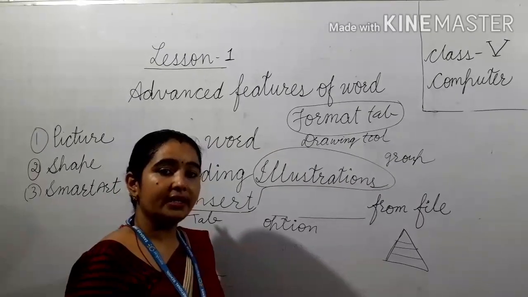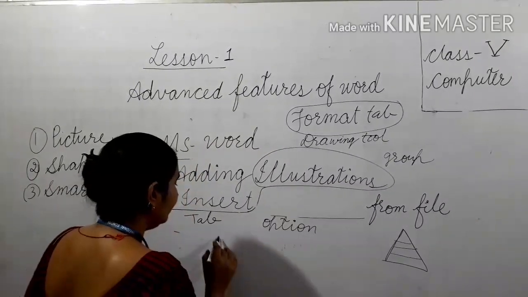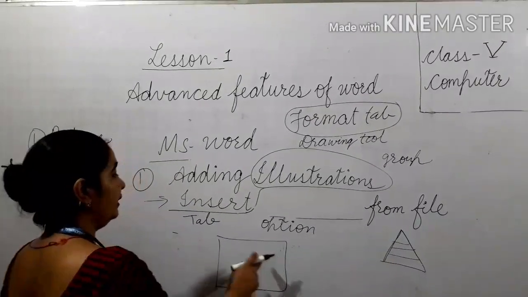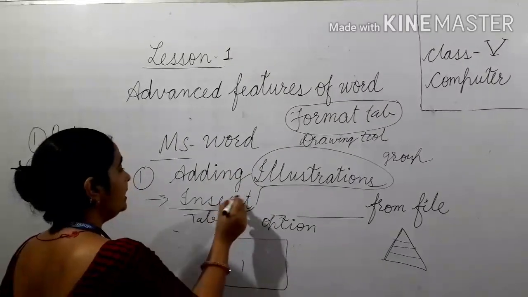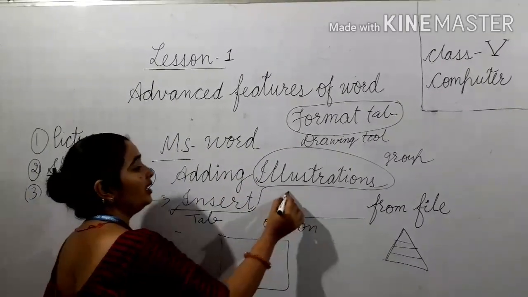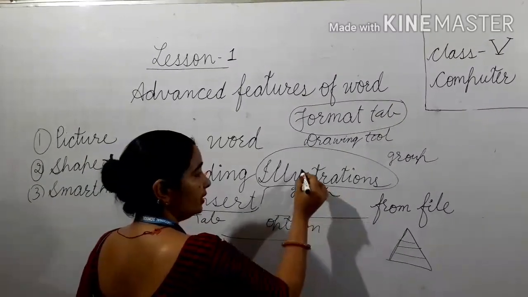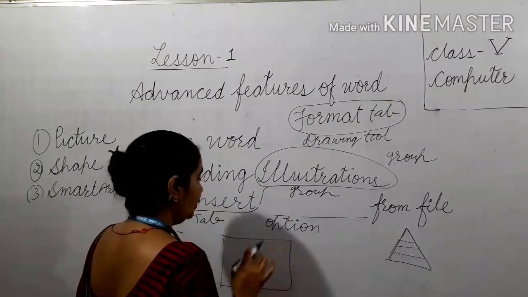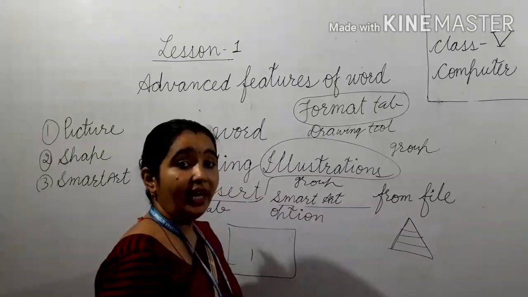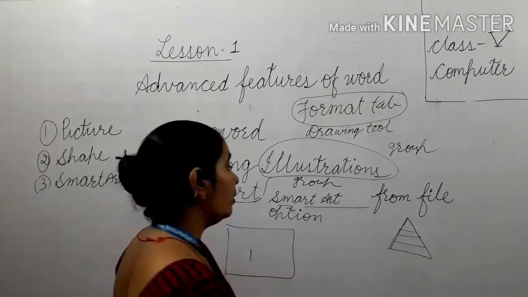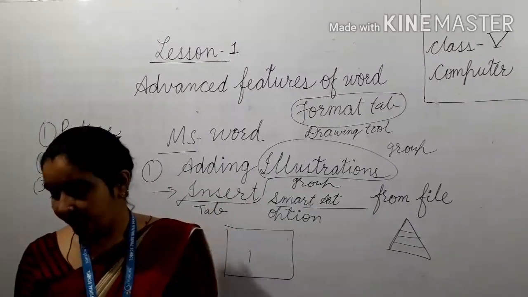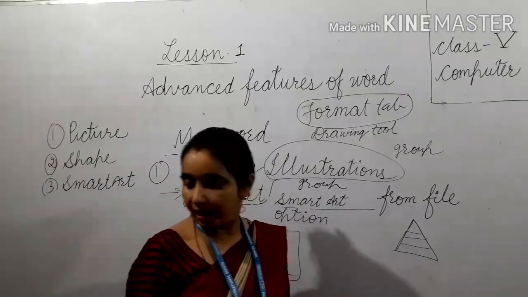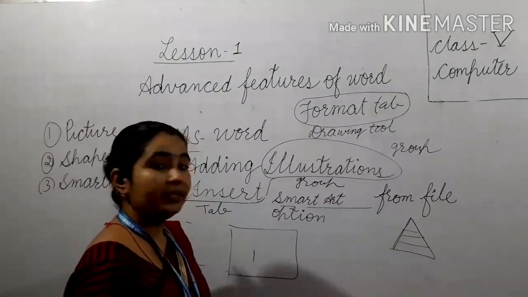Now all the things are same, all the steps are same. First of all, where you want to insert your shape, you have to put your cursor over that place. Another point, number 2, you have to click on insert tab, illustration group. This is illustration group. In insert tab you will find the illustration group, and in illustration group you have to click on smart art graphics. With the help of smart art graphic we can make our organization chart or even complex graphics such as Venn diagrams. Now let's start how to insert it.